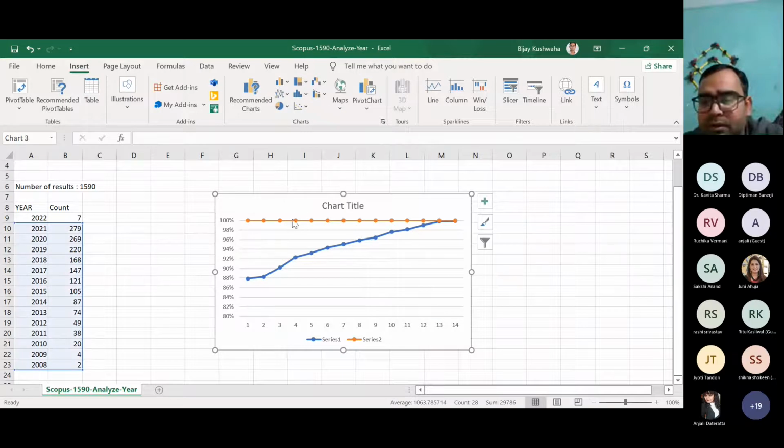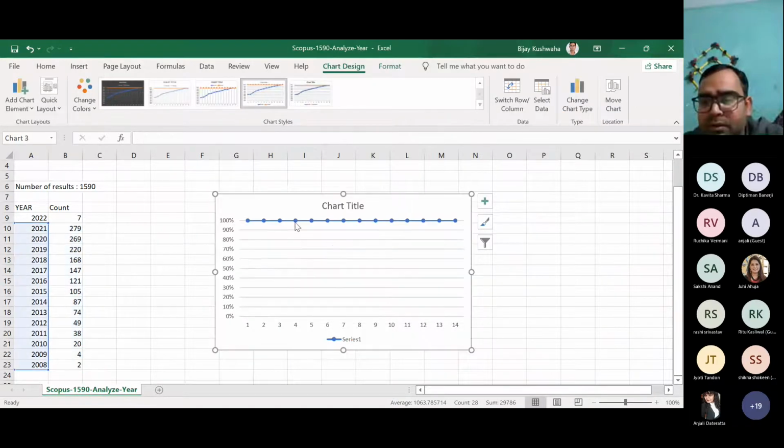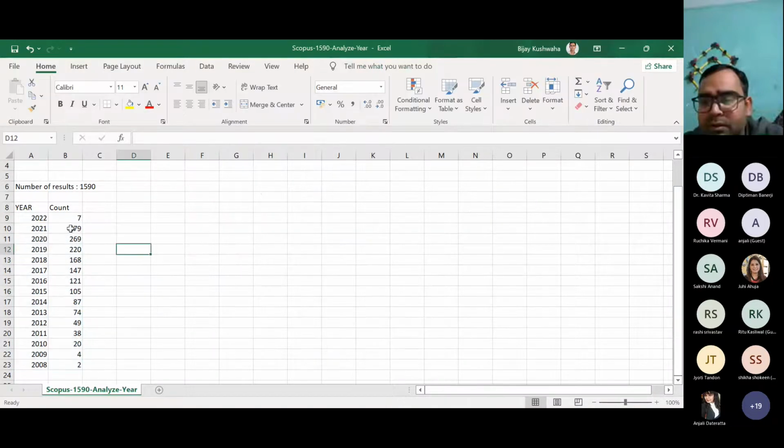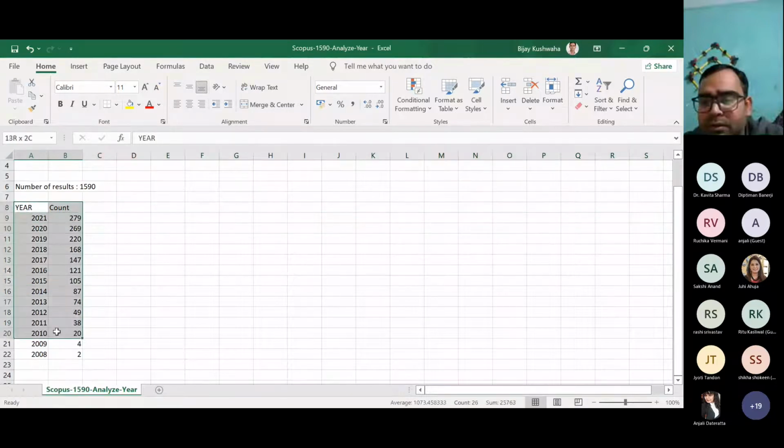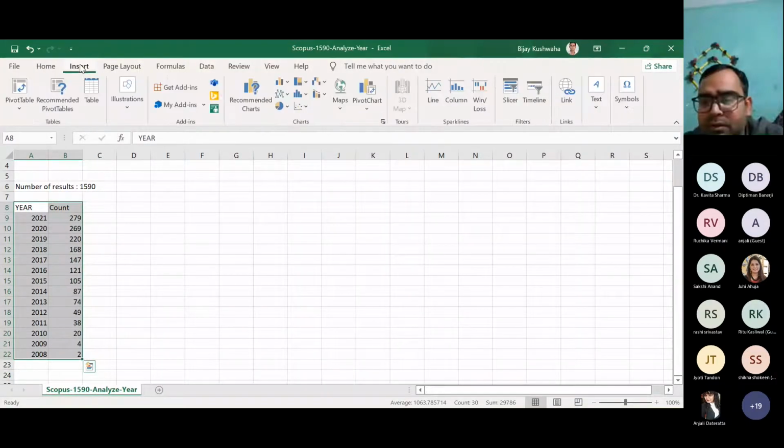This one also you can create. This should not come actually. One minute. Let me delete and select this one only, and then create. It is drawing both the lines.